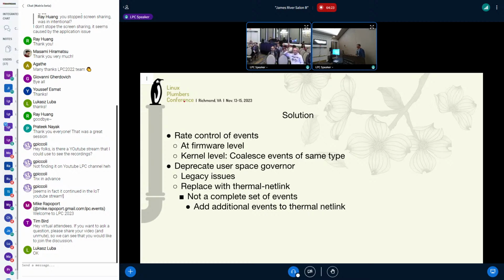So what do you think? Is deprecating the user space governor the right time, or is user space going to be affected? I don't know, to be honest, and I don't know who's using it. Is anyone using a user space governor for thermal? The only potential problem that I can see is that lots of testing systems might break because of that.